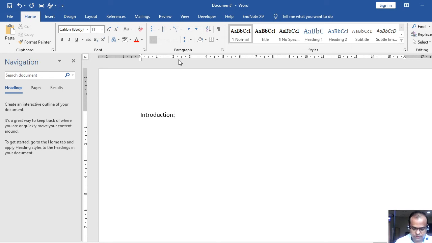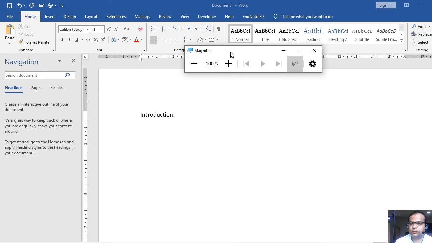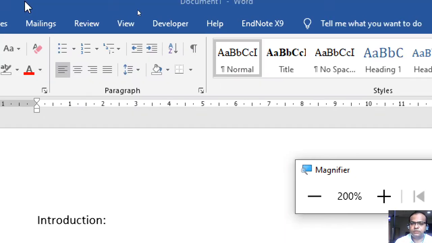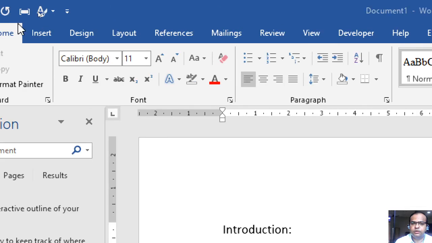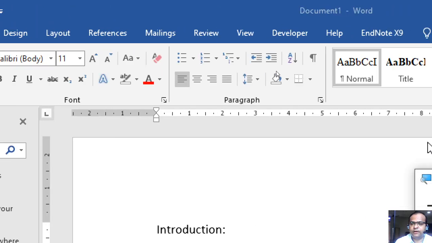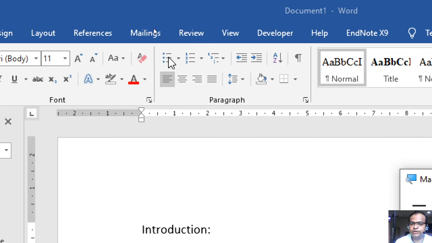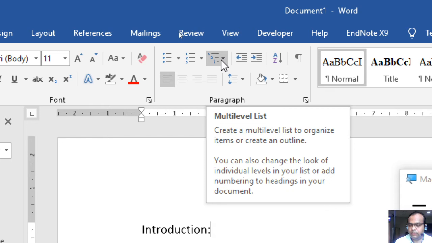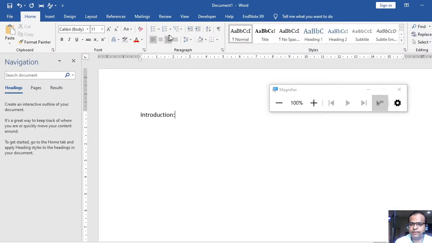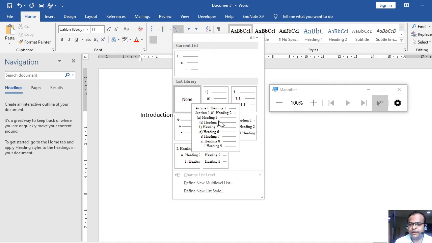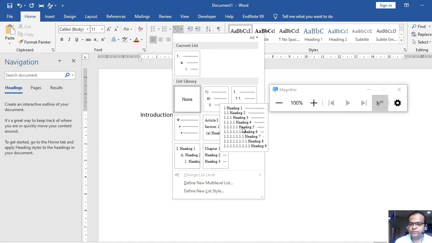Just let me enable the zoom option. It will be easier for you people to view it clearly. Okay, so see, in your Home tab and in the paragraph section, there are three basic options for bulleting, for numbering, and one more option, we call it headings. So I will choose that part. Once you click it, you may find this type of heading option, right? So I am right now selecting that heading option.